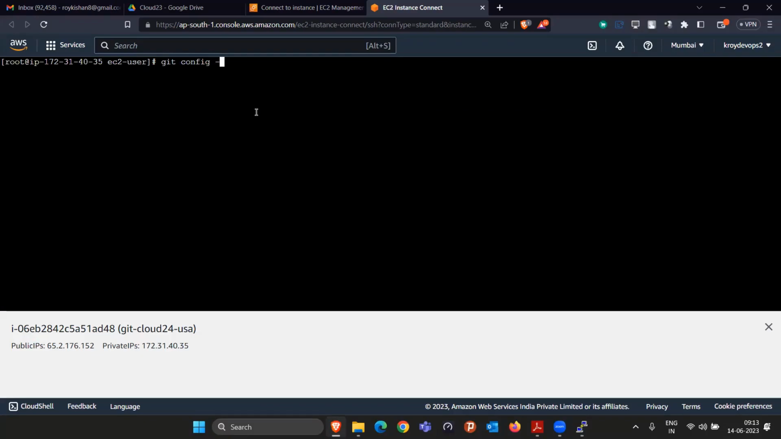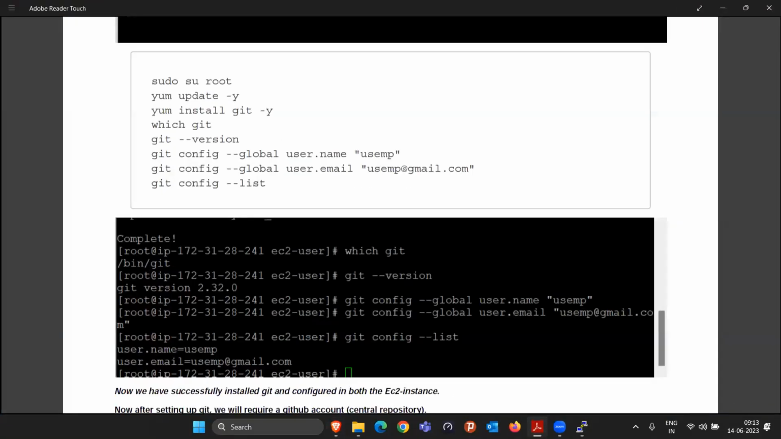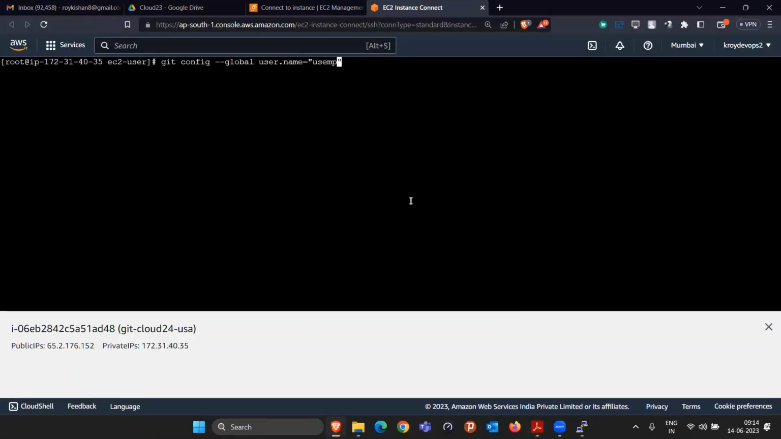Once Git is successfully installed, you have to set git config --global user.name, and I'm giving the user.name as US employee here. Whatever name I gave there, exactly the same thing I'm writing here. Sorry, we don't have to give the equals sign, only a space will work. So git config --global user.name US employee, and similarly user.email, I'm writing US employee